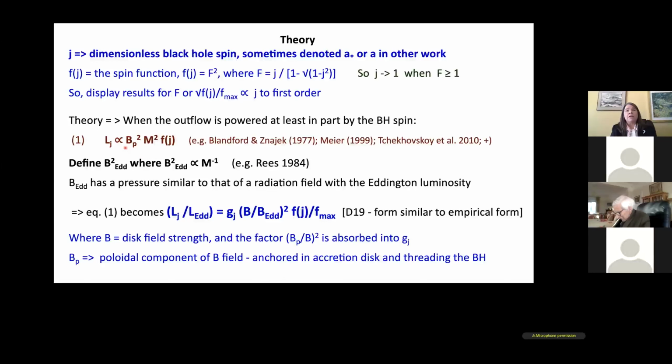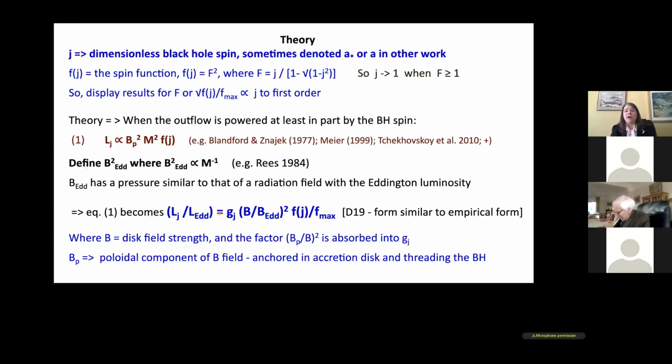Now, when I was doing these studies, I was asking myself, can I rearrange this to write it in a functional form that looks like the empirically determined functional form? And the answer is yes. And you can do that by taking 1 power of the mass over to the left-hand side and writing that